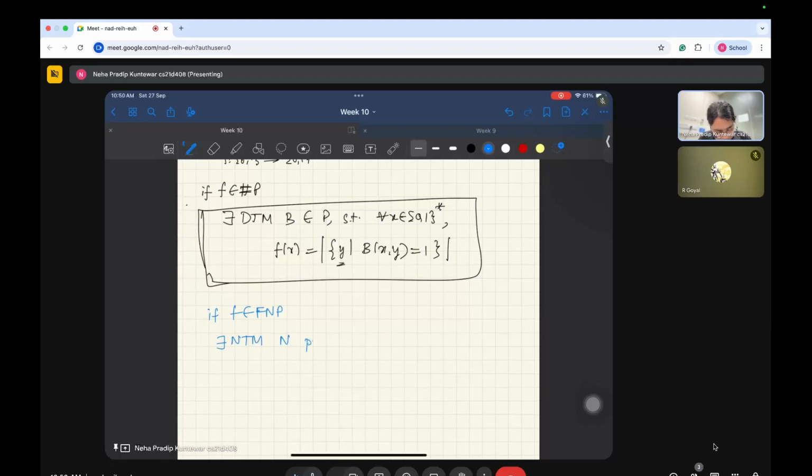that runs in polytime, N such that for all x